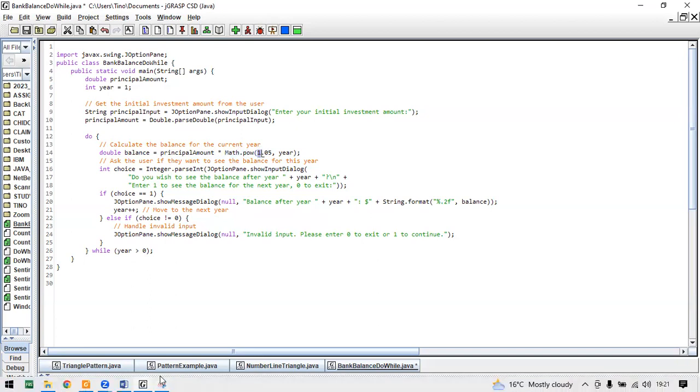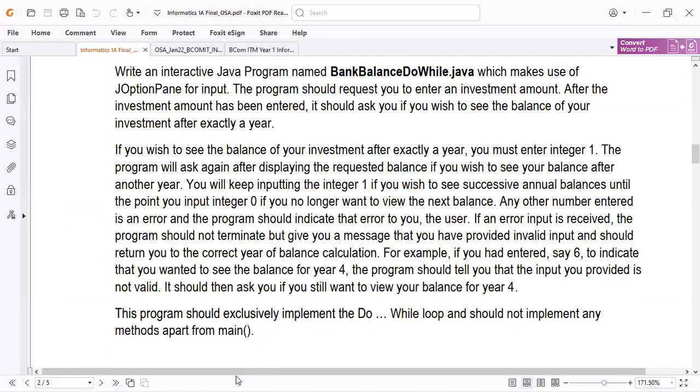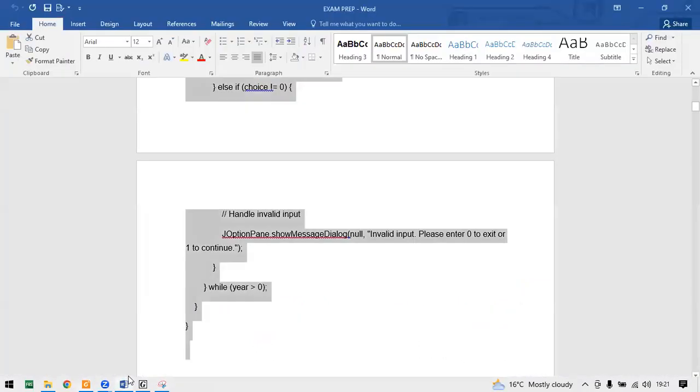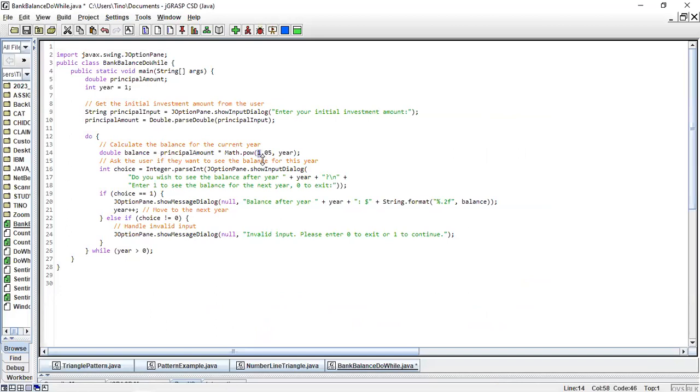They did not specify the interest in this case, so you can put whatever interest you want, maybe 10%, 100%, 200% per year. Hence, I use 5% per year.